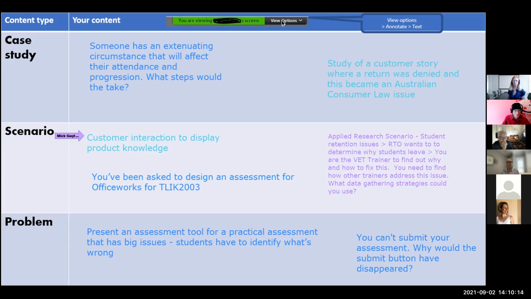And Alison, if I've got time, this must be yours. Is this yours? The applied research? Yeah, no, this is great for me. I'm already thinking about what I might be able to do to improve this unit, the TAE RES 501. Yeah. Tarika, was that yours? No, that's me. That's me.